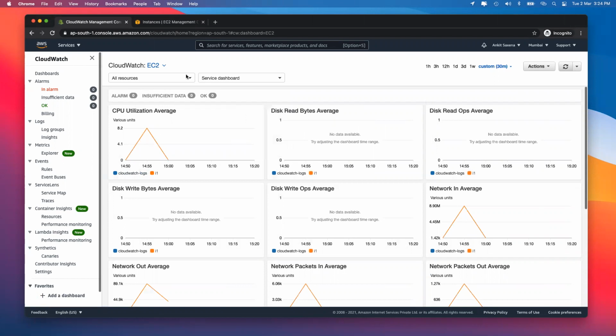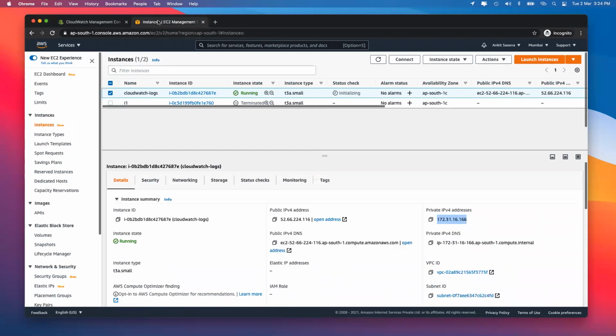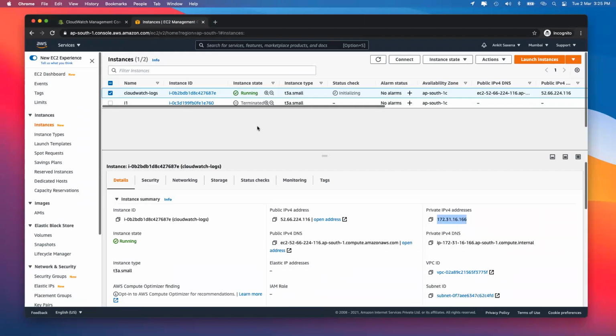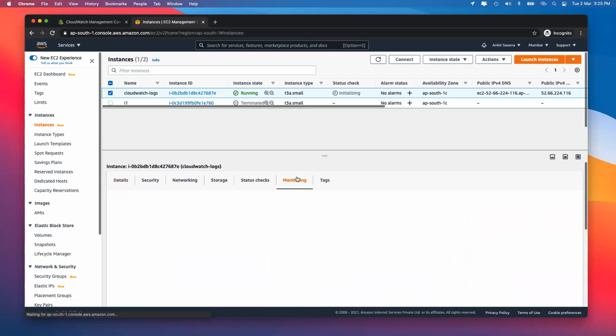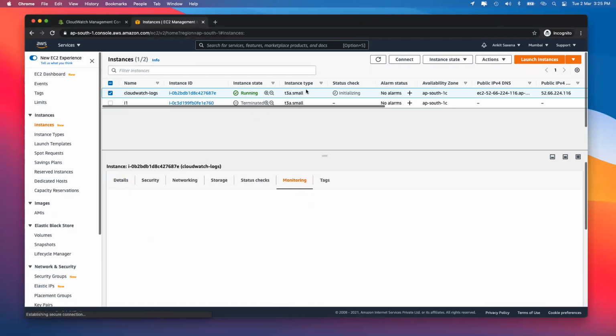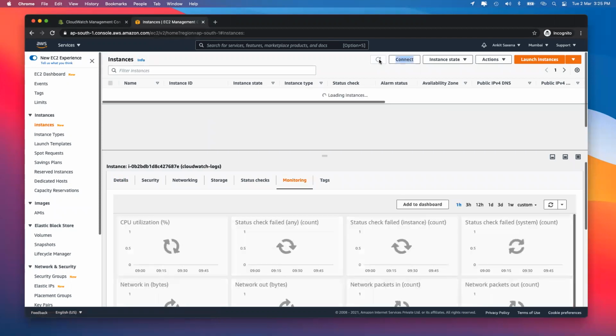We will come back to that in some time. Before that, let's go to our EC2 instance. Now, there are multiple ways of viewing the logs of your machine. To view how much resources are being used by whom, you can click on the monitoring tab over here, in which case, if the instance is there, it will start to show you what resources are being utilized after it has started. Right now, if you see, the status still happens to be initializing.